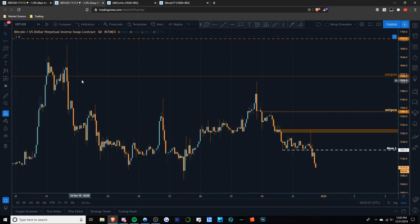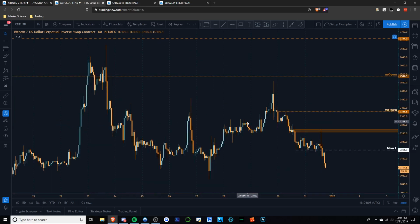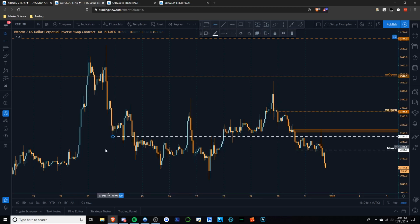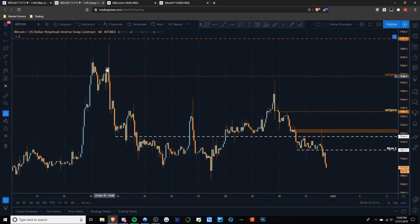I think this was, let's see, here's Monday, Sunday, Wednesday, or Saturday, Friday, Thursday. Yeah, so basically you can see that for the past week we were just ranging. And this is last Monday's low. So you can see once price came below the low, closed below it, we did get some price action above it for a little bit, but then we turned it down for the next few days. Kind of got the scam wick. I mean, this was really not a good week to be trading anyways, so I hope you were able to take off on some of this, but really, there's two